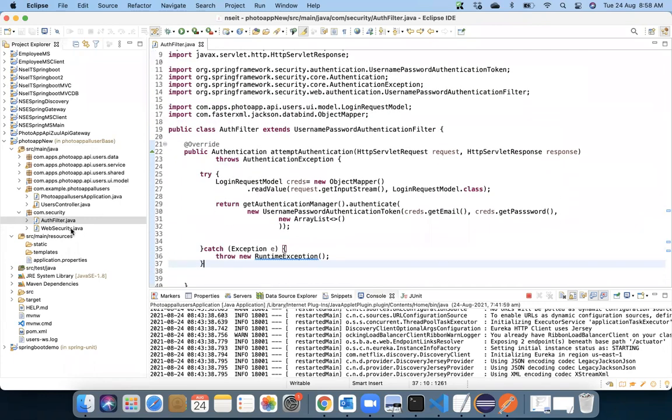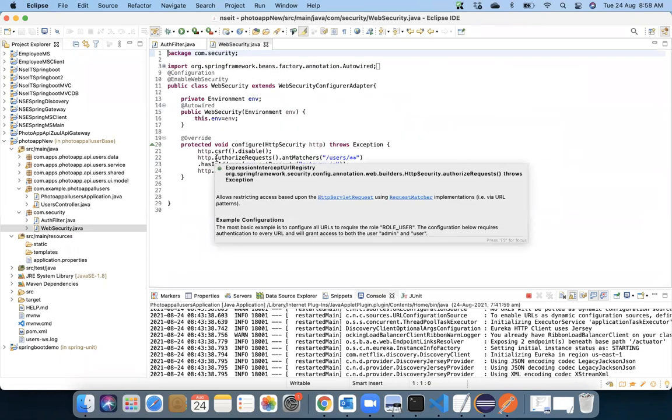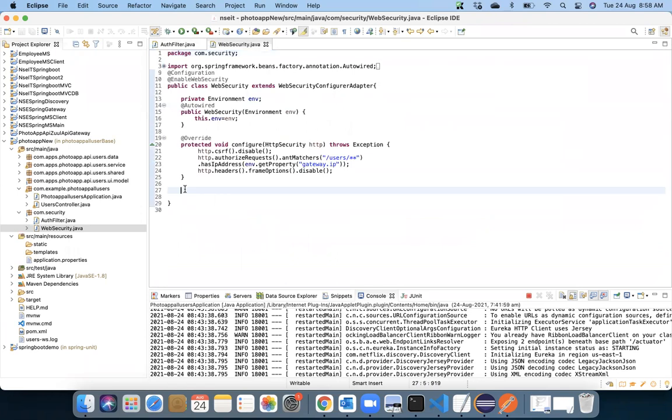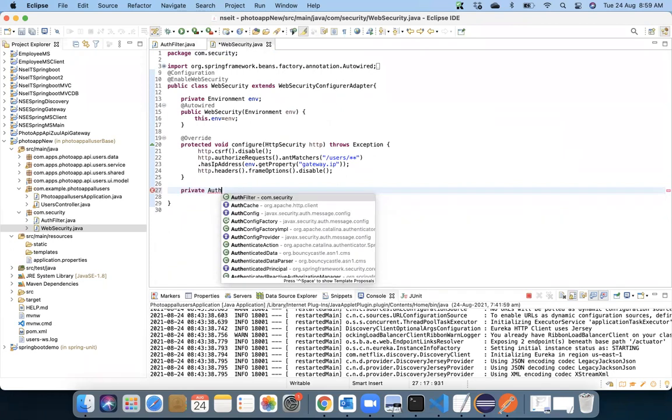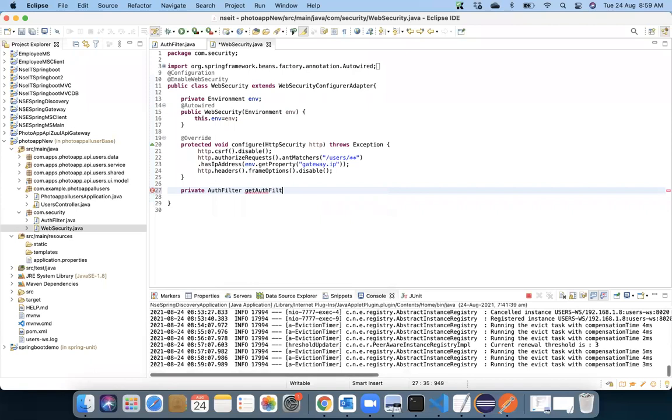With security, there's WebSecurity. In this WebSecurity, when we see this configure function, we have to go back and create one more function called private AuthenticationFilter getAuthFilter. Here we are using throws Exception.